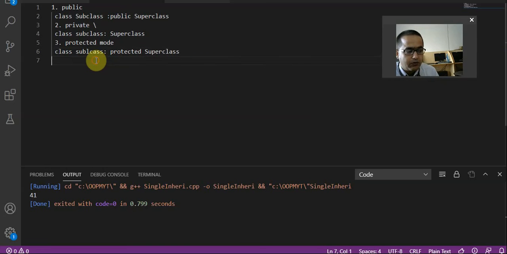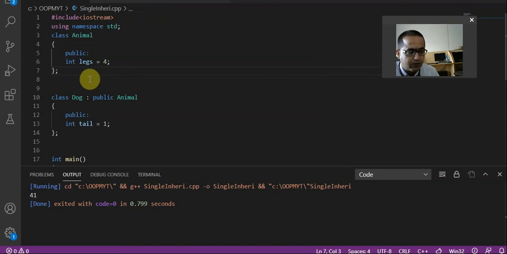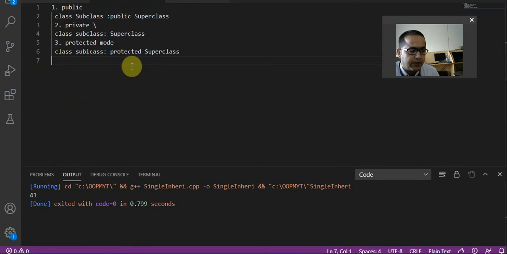So in this mode, what will happen? The public and protected members of the superclass become protected members of the subclass in this mode. So here are the three modes of using inheritance in C++.